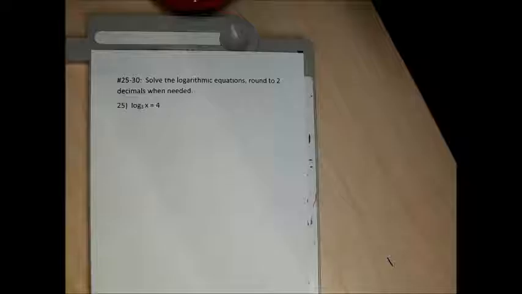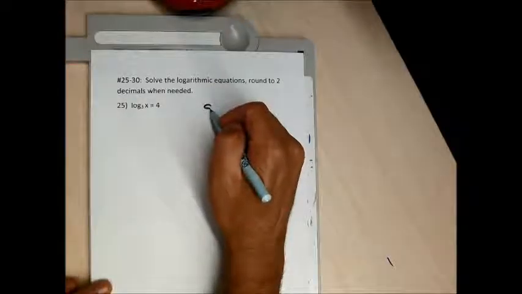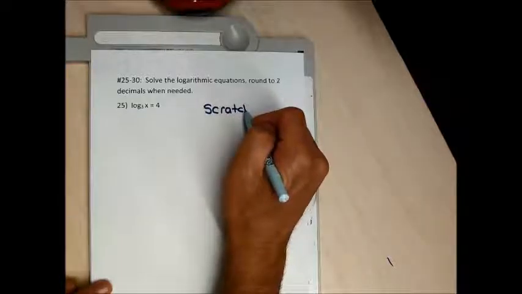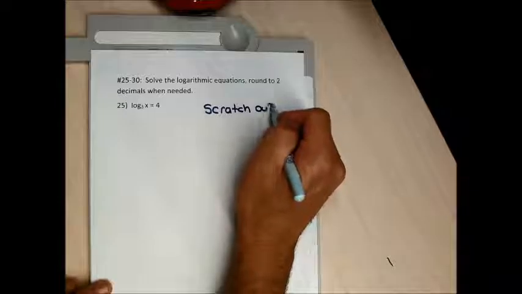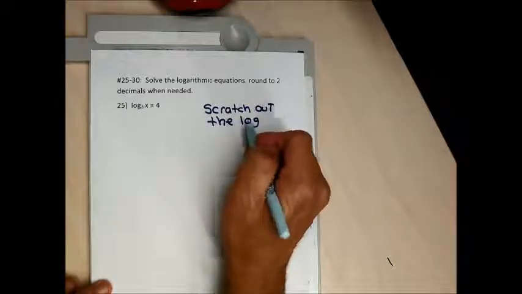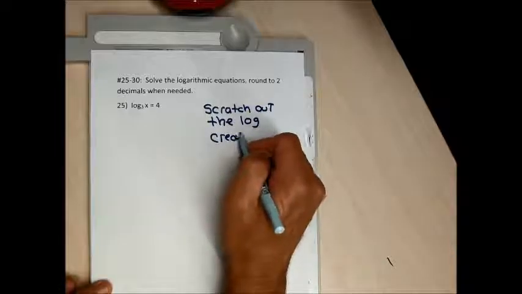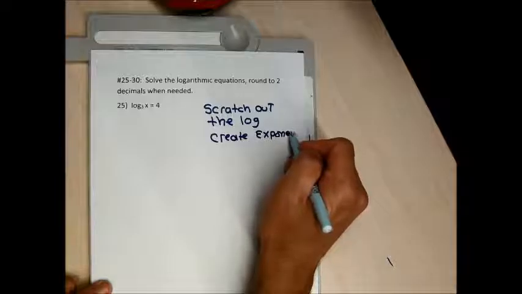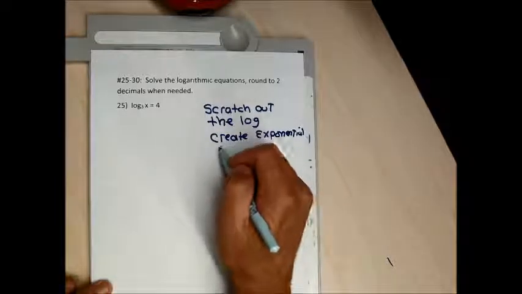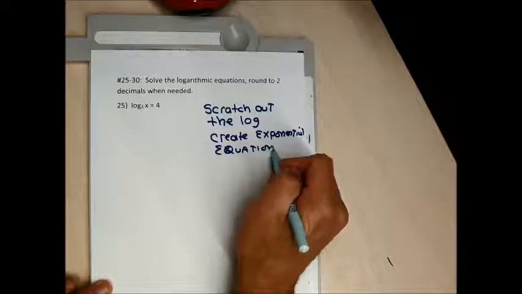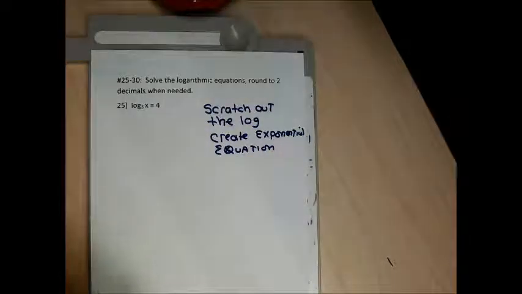So in order to do problem 25, I need to scratch out the log and create an exponential equation. And that's what I'm going to do for most of these problems between 25 and 30. So I'm going to scratch out the log and create an exponential equation. An exponential equation has an equal sign and there's a letter in the exponent. So I'm going to cross out the log,